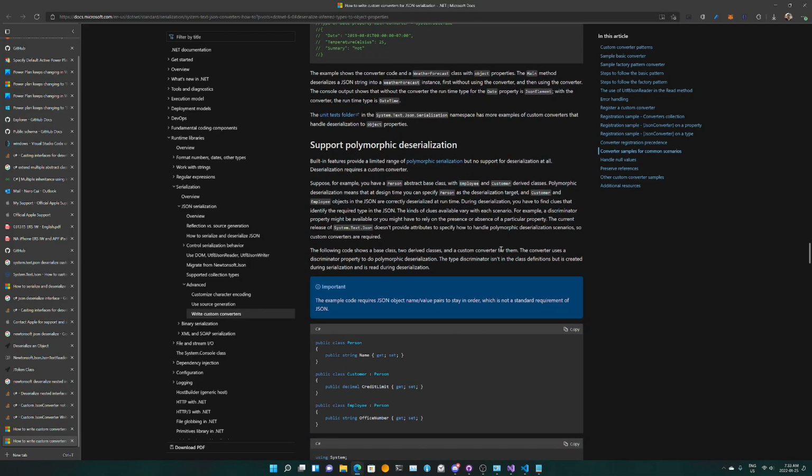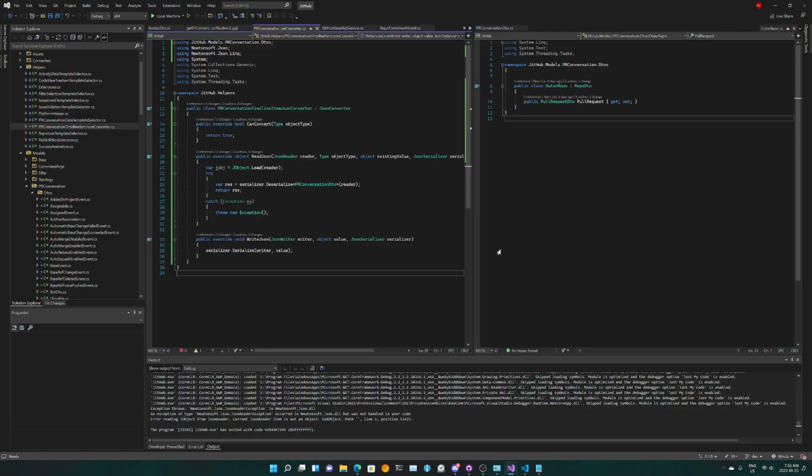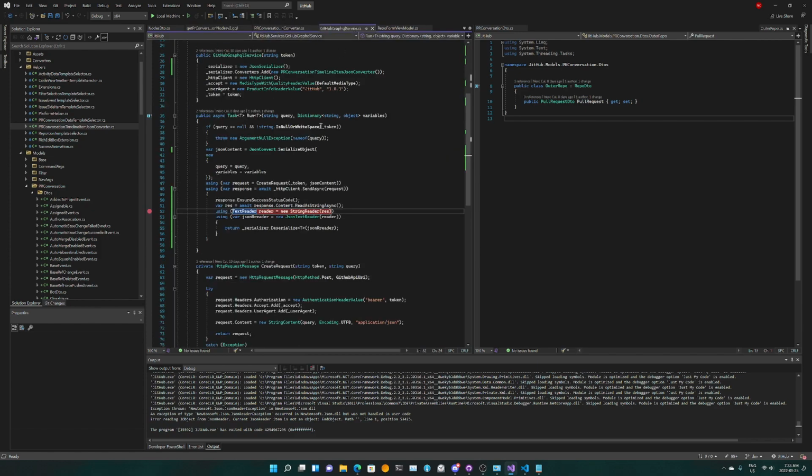Wait, this is really similar to Newtonsoft JSON Converter. So okay, I can work with this. I mean, what was it before?